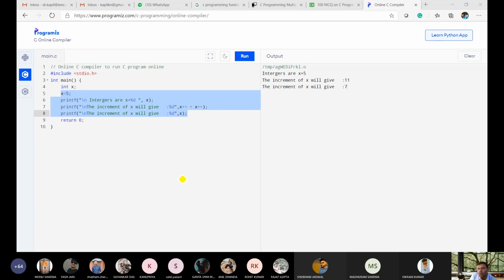So initially it will print 5 and then give you 6. In the next iteration also, initially it will print 6 because x is printed over here, and then it will increment it by 1. So this will give you 7. Agree or not?